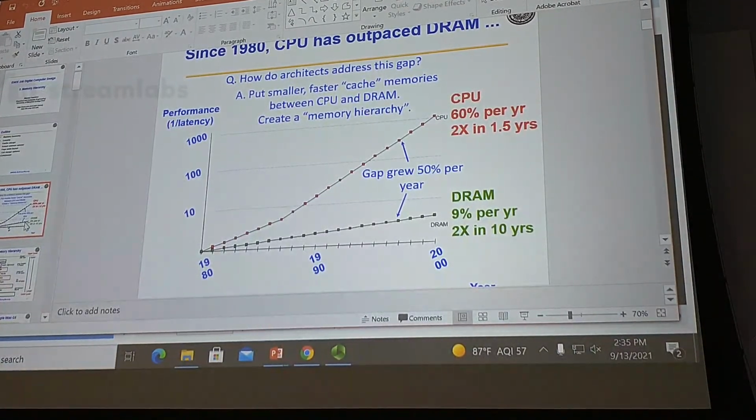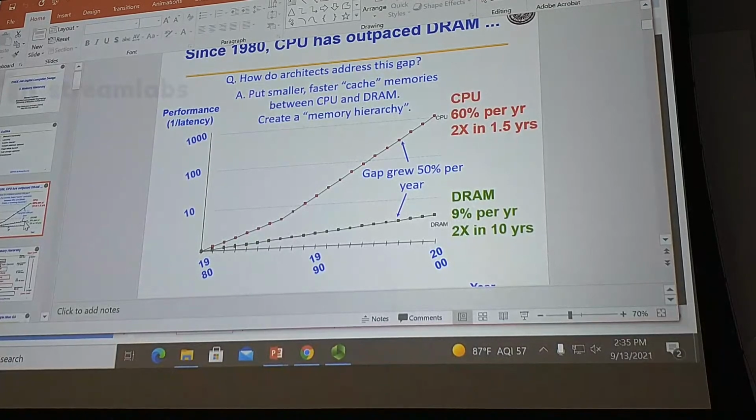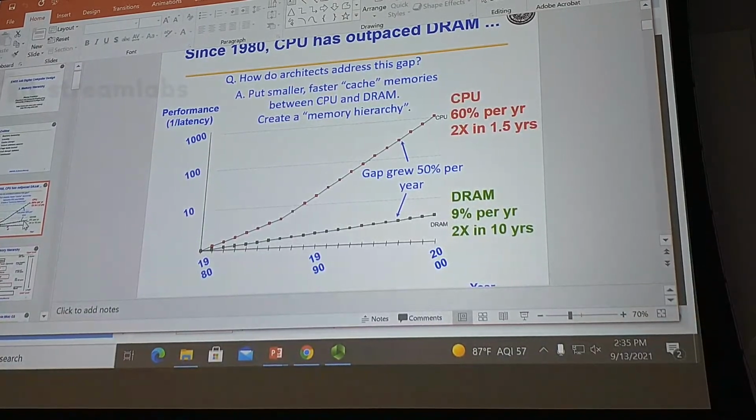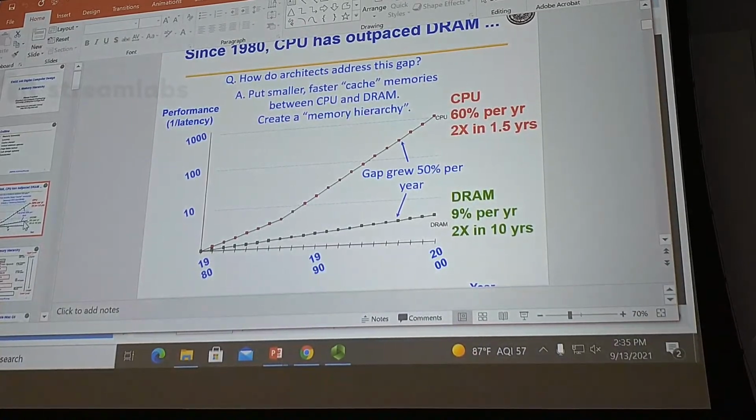So you will not really see any benefits if you're focusing only on the processor. You have to do something about the memory. So that's called the memory wall, and it is stemming from the basic